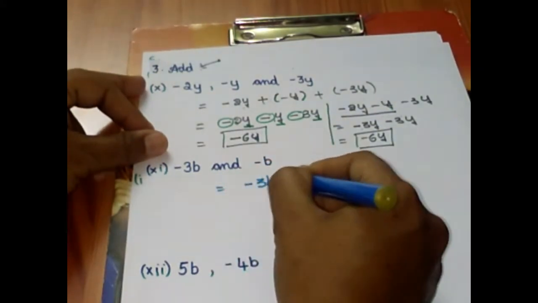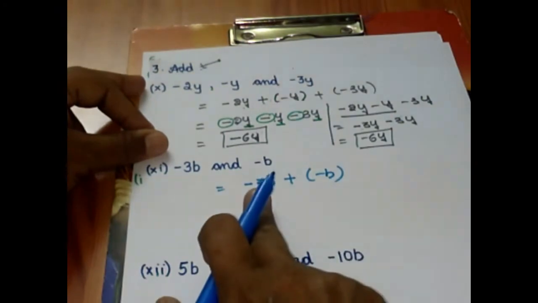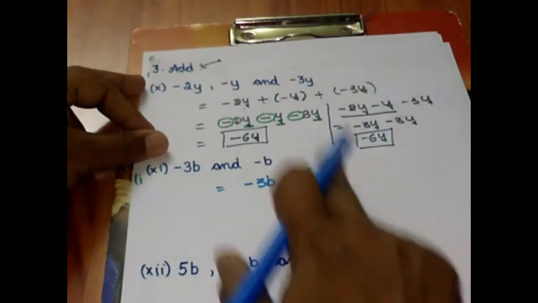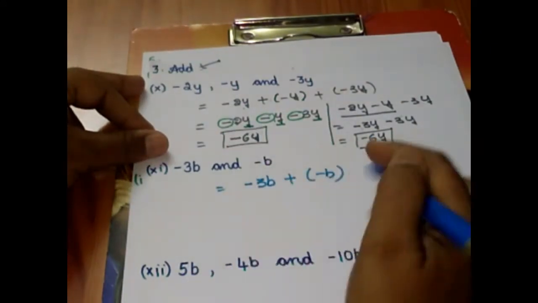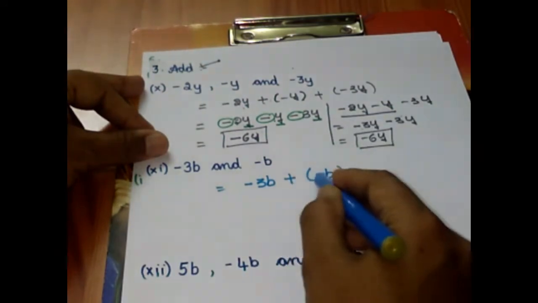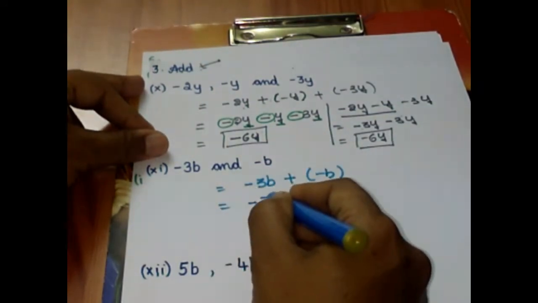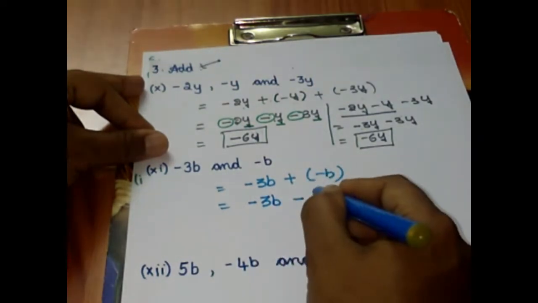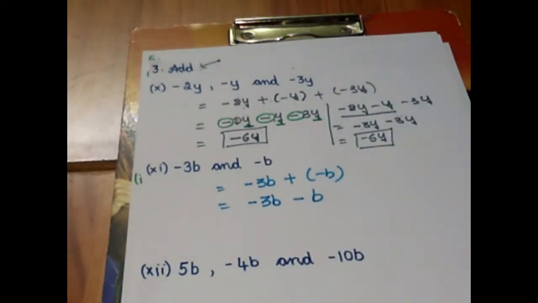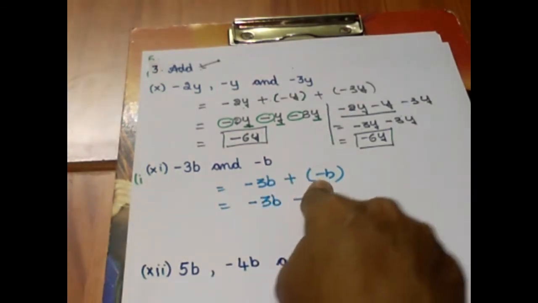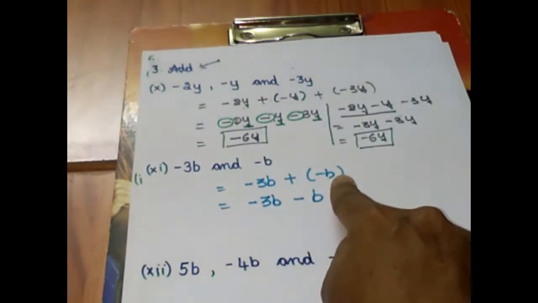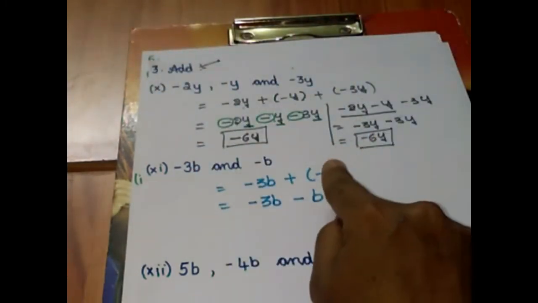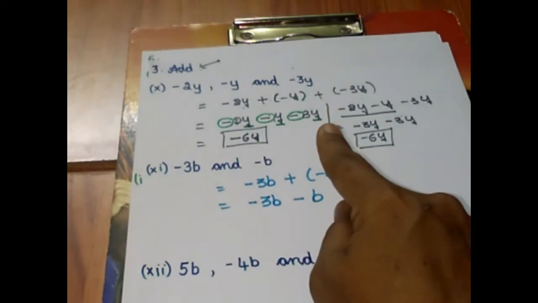Minus 3b plus of minus b. The given terms are minus 3b and minus b. As it is indicated to add, between the given two terms, we wrote plus. Again, there is a clash between the two signs, so we represent it by a bracket. Open the bracket. Minus 3b plus into minus, minus b. One more thing you should notice, children. Whenever you have two signs simultaneously, if it is with plus, the sign of the value which is inside the bracket does not change. Minus b remains the same. Keep this point to be noted.